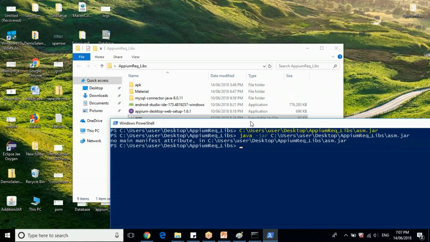Okay, screen cache is not available file.